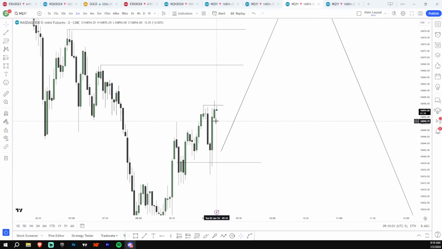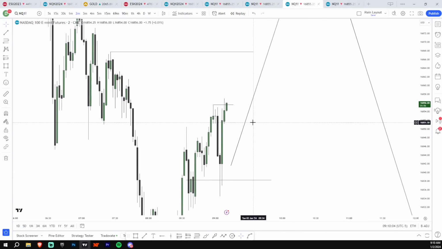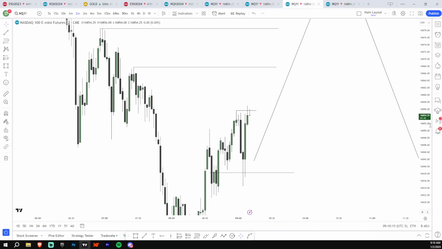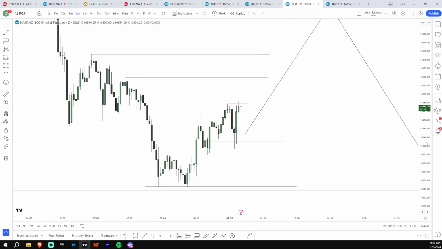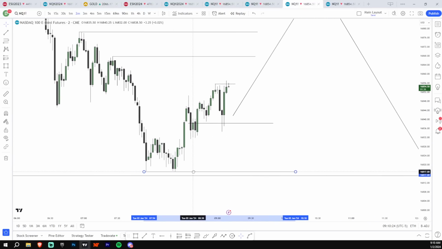Again, the problem with a play like this is with how I do my break even stops, you're probably gonna get stopped at break even almost every time because this close is so close to this internal high, where it's just bound to happen, which is why it's another demo play. Again, until we get a live short play, I'm not touching my live account. I need it to be a short. We have equal lows. I would be much more confident in a short play here. So until we get that, I'm not touching anything.